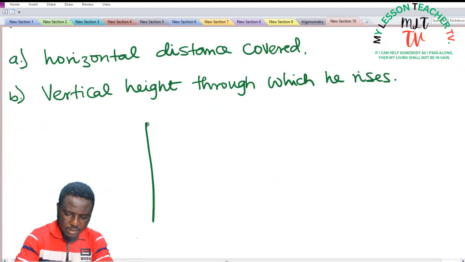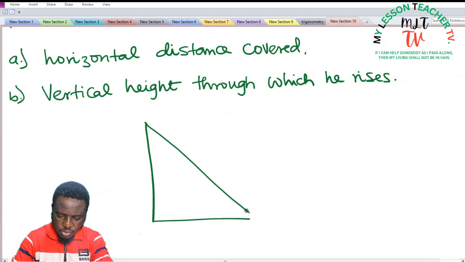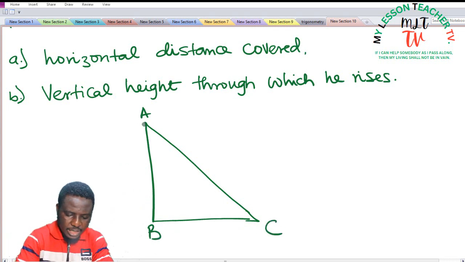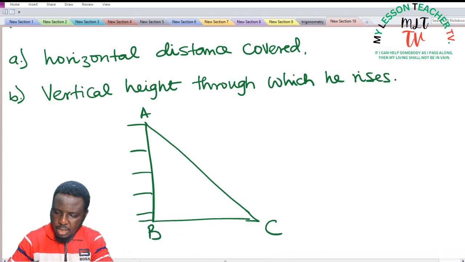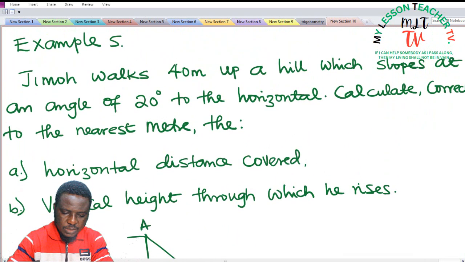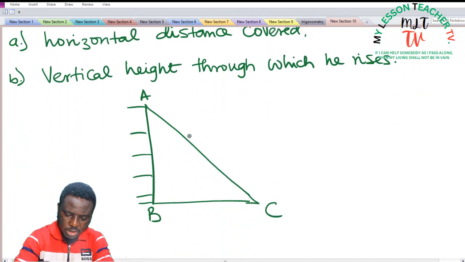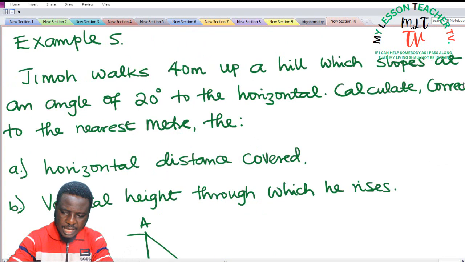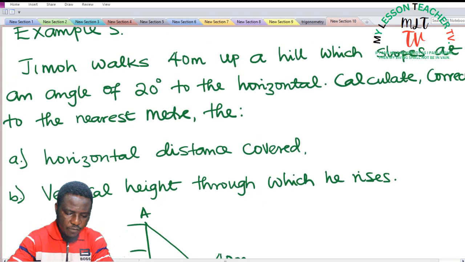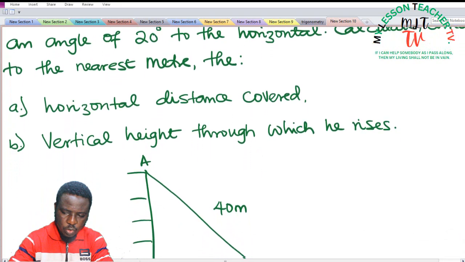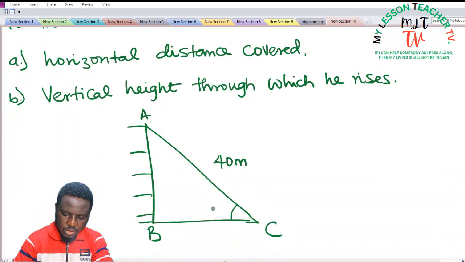So this is the right angle triangle. Let me call it ABC. This is the hill that Jimo is climbing. The question says Jimo walks 40 meters up a hill. If this is where he walked along AC, and we are told that it is equal to 40 meters, and that the hill is of a slope of angle 20 degrees to the horizontal. So this is 20 degrees